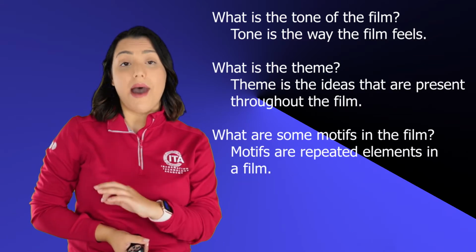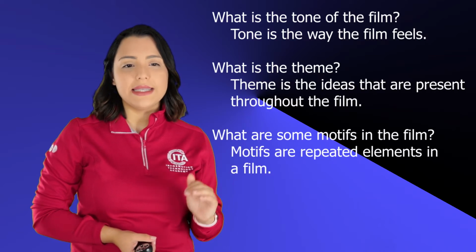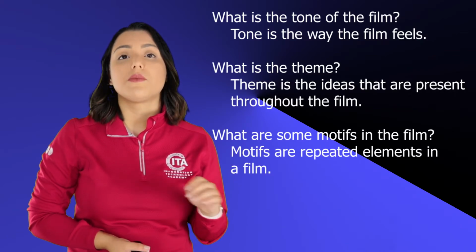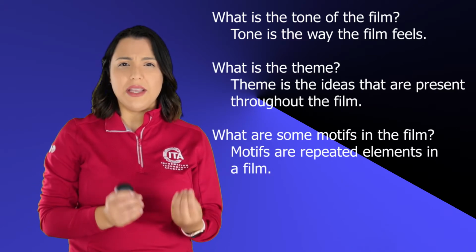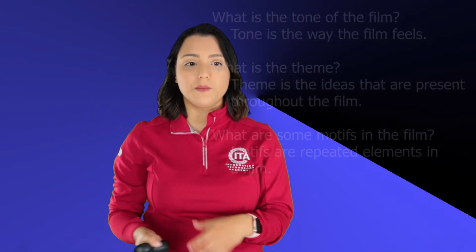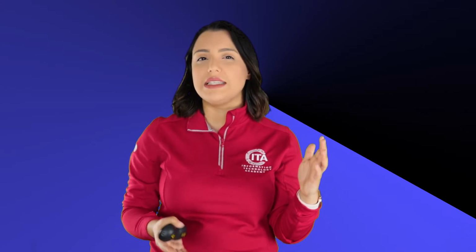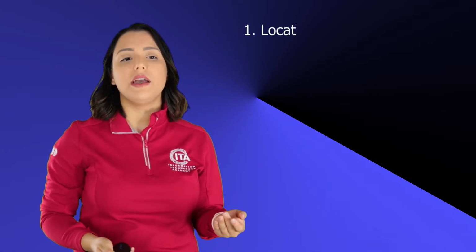With these questions in mind, and once they figure out those three things, the director can make sure that these elements are represented in the film correctly, and that they are able to manipulate those elements in order to make their vision come to life. Once they have a vision for everything that went into the script, then they can move into film planning. Now the exact order of these steps that I'm about to tell you can truly change from director to director, but they always need to go through all of these in order to plan a film, in whatever order they choose. So they first need to find a location.